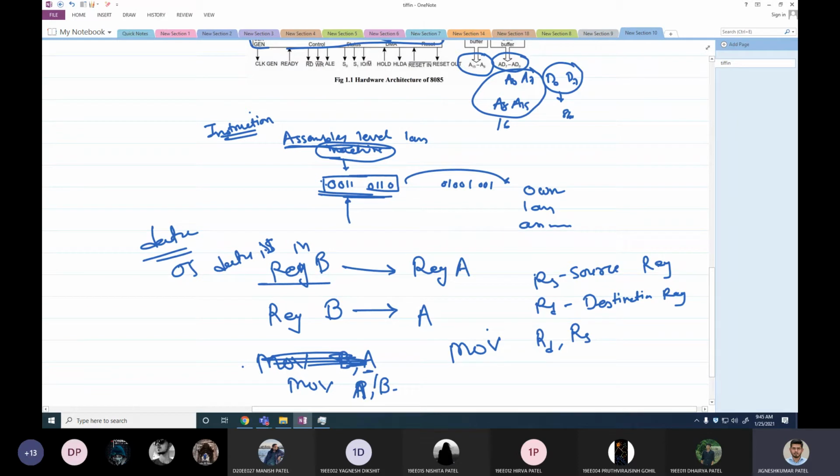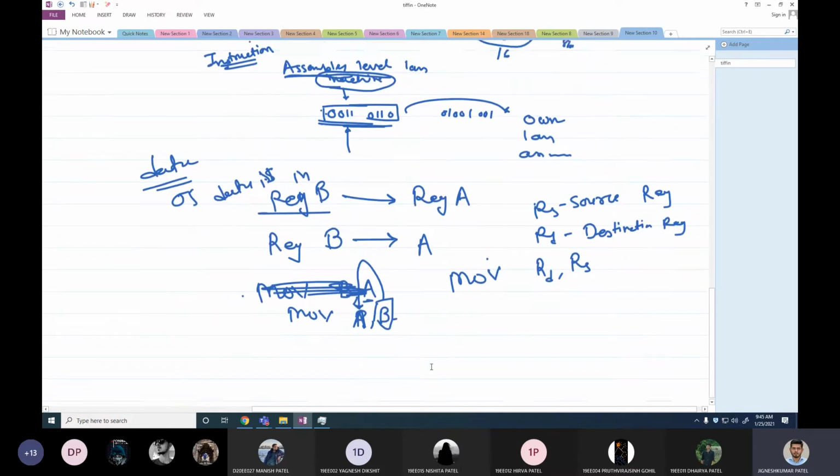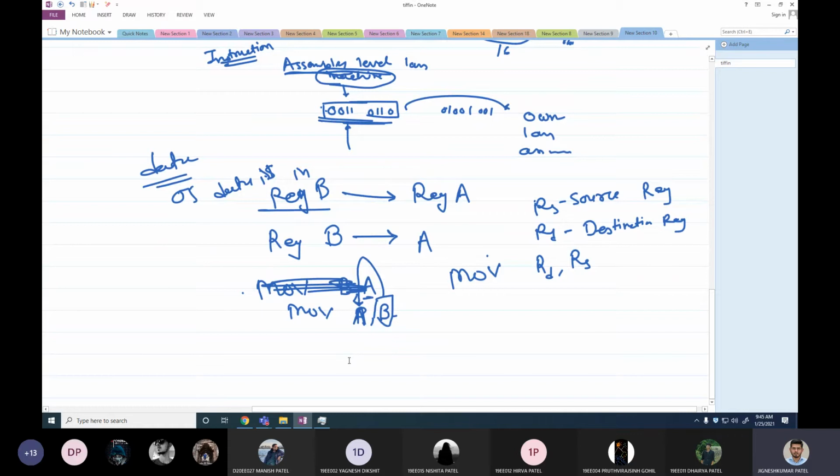The actual data is right now inside this register, and I am going to transfer this data to the destination register, which is A. So if I write this instruction inside my instruction decoder, move A comma B, it will automatically transfer the data from register B to register A.